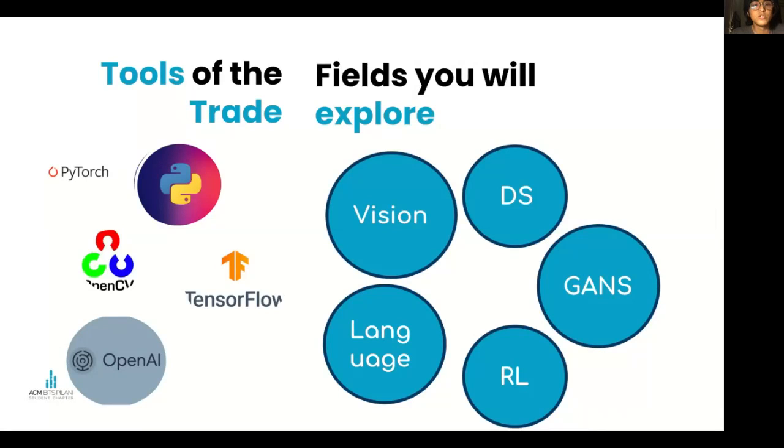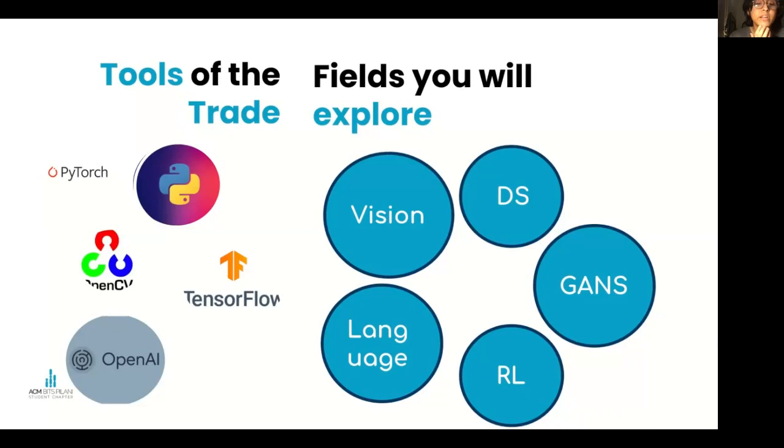Yeah, moving on. So these are some of the tools of the trade and some of the fields you will explore. PyTorch is more common than TensorFlow, and it's also performing better. Python is obviously the language of choice, although Julia is making great advancements in the field. For computer vision, you will probably be using OpenCV. For natural language processing, you might use NLTK. For reinforcement learning, you will be using MuJoCo, a physics simulator, and OpenAI Gym. So these are some of the things you'll need while working with AI. These are a few of the fields of AI: vision, language, reinforcement learning, generative adversarial networks. Most of the examples I showed you back there were generative adversarial networks at work, and data science.